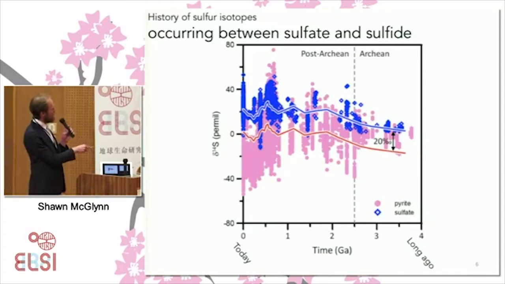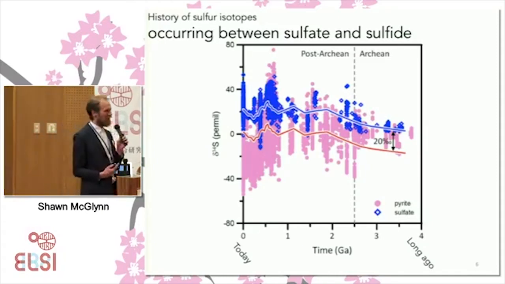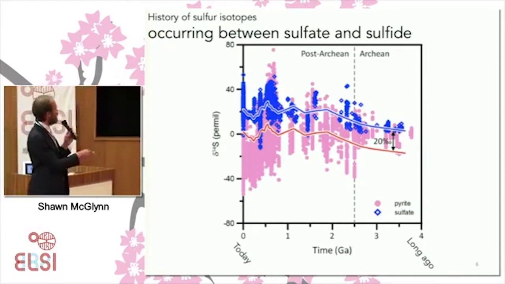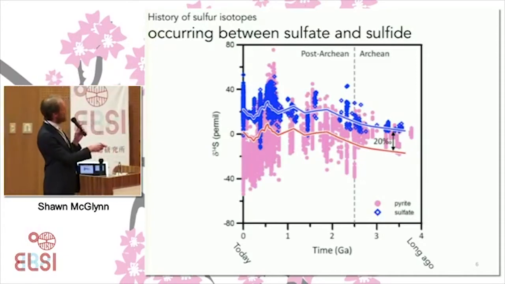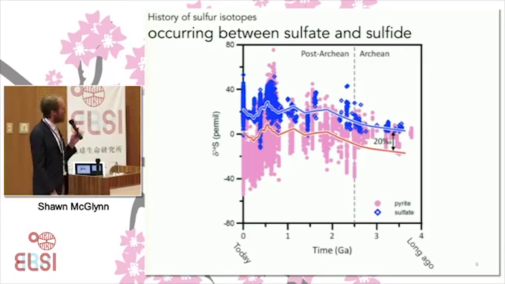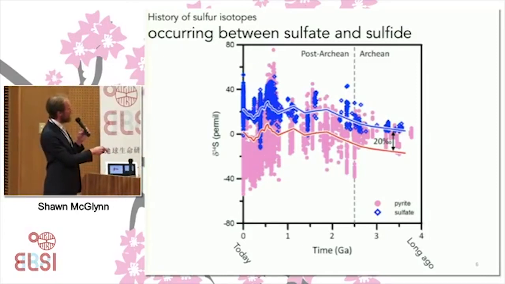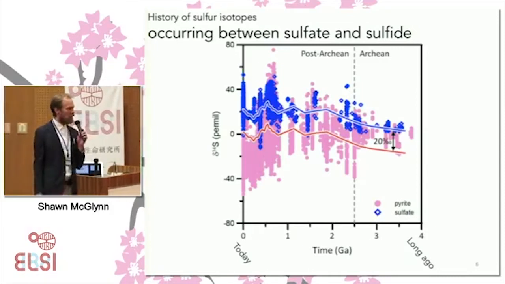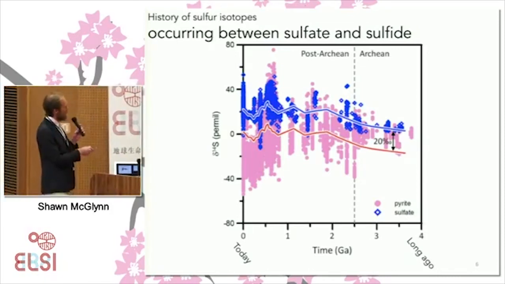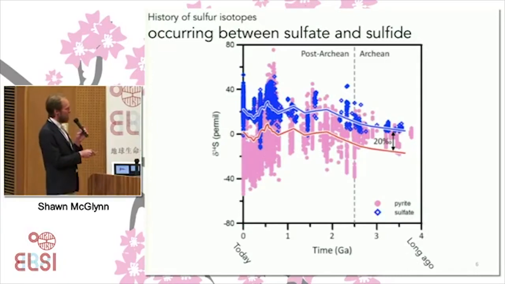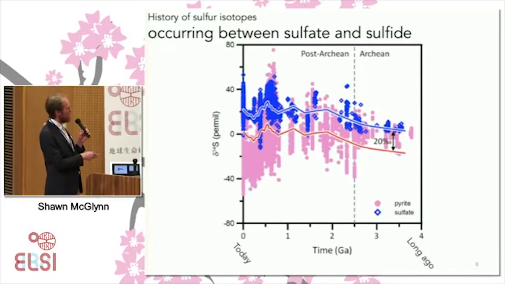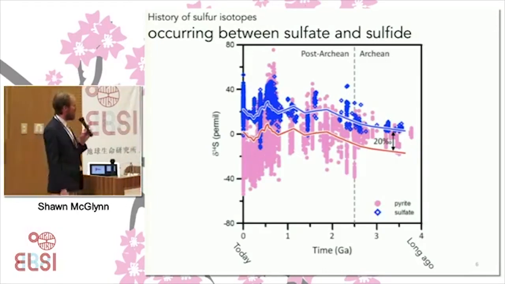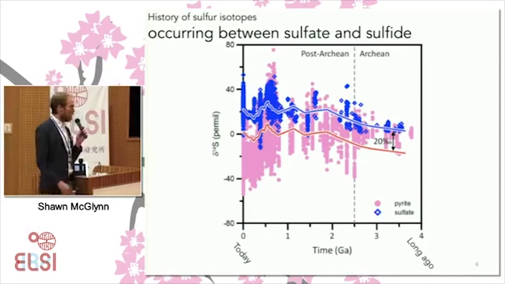And then in the past, we have this problem that there's not a lot of data because there's not a lot of old material on the Earth, but the kind of variance here collapses. And what I've marked on here is this 20 per mil fractionation value between sulfate and sulfide. And so I'm going to try to address the question, or speculate, on why this 20 per mil difference might be in the Archean, but in the present day environment, we get these very, very large fractionations in biology.